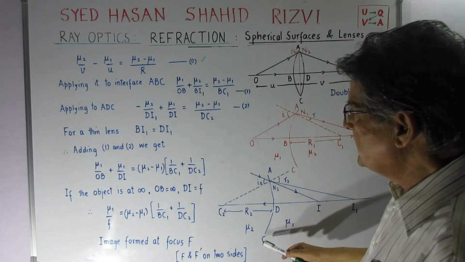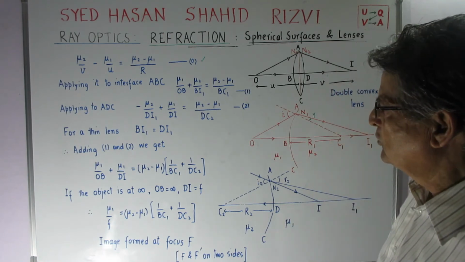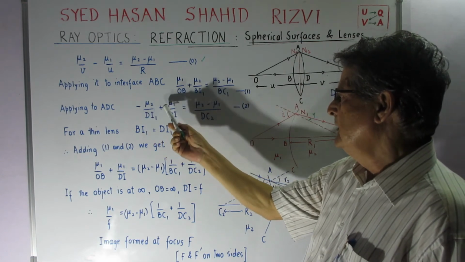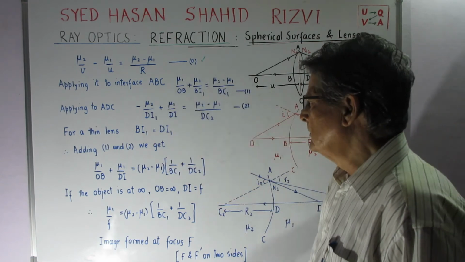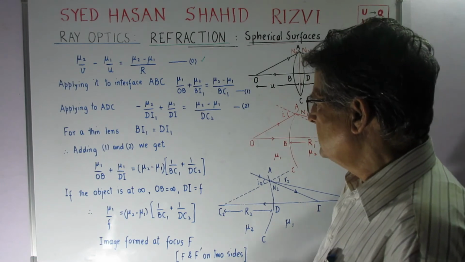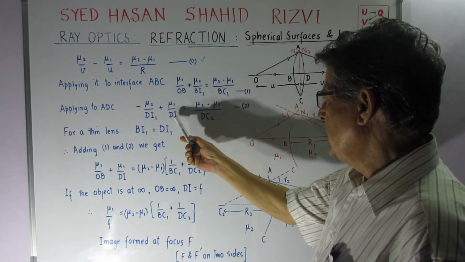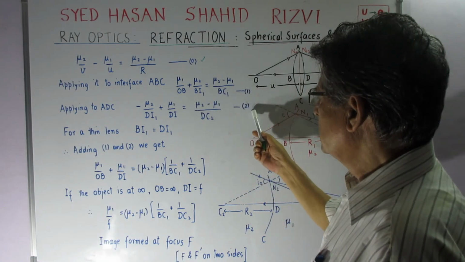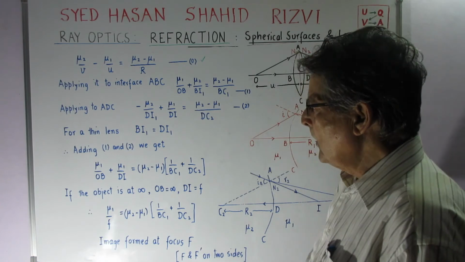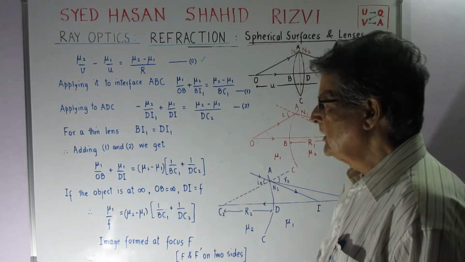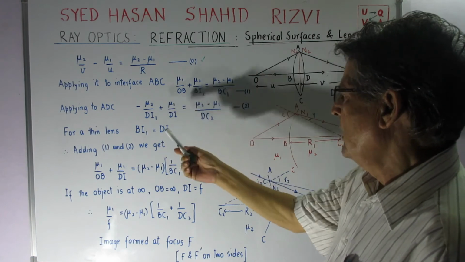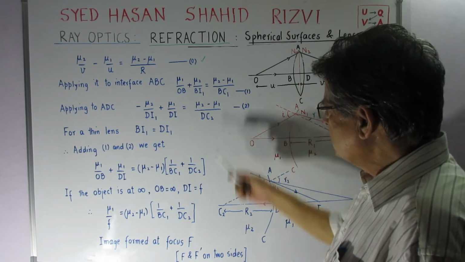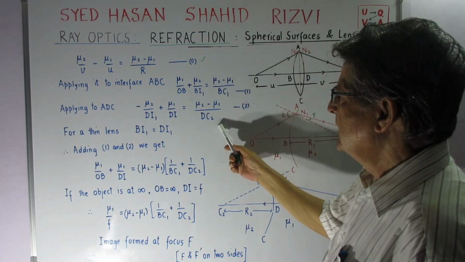Applying to the other face with values of mu1 and mu2 taken over here, I get minus mu2 upon DI1 plus, because this image is a virtual image, plus mu1 upon DI is equal to mu2 minus mu1 upon DC2. This I call equation number 2. Now, for a thin lens, BI1 and DI1 are almost equal because the lens is supposed to be very thin. So when we add these two equations,